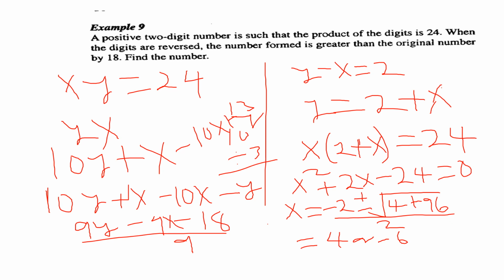Then we can open the brackets there, so we shall have x squared plus 2x, then we bring that on this side, so we have minus 24 is equal to 0, and then from there we can solve it using the completing square method. And if we solve this using the completing square method, we are going to have our x being equivalent to negative 2, then plus or minus the square root of 2 squared, which is 4, then minus